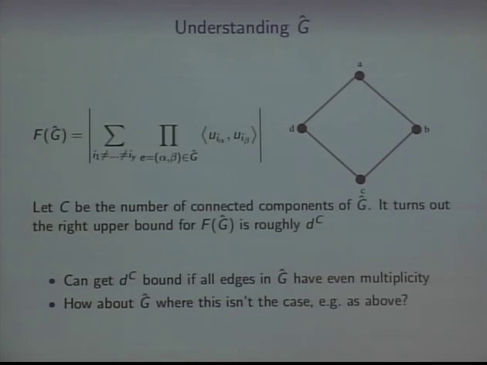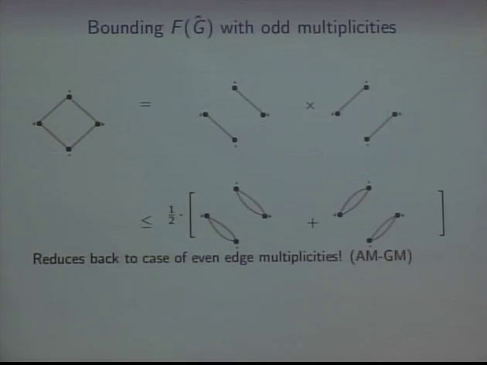So you try to remember what this is encoding. This is encoding a product of things. This dot product times this dot product times that dot product times that dot product. So let's draw a little picture. This product of 4 things is the same as this product of 2 things times this product of 2 things. And let's draw an inequality of graphs, of pictures. By the AMGM inequality, arithmetic mean, geometric mean, this product is at most half of the average of the squares. That's the AMGM inequality.